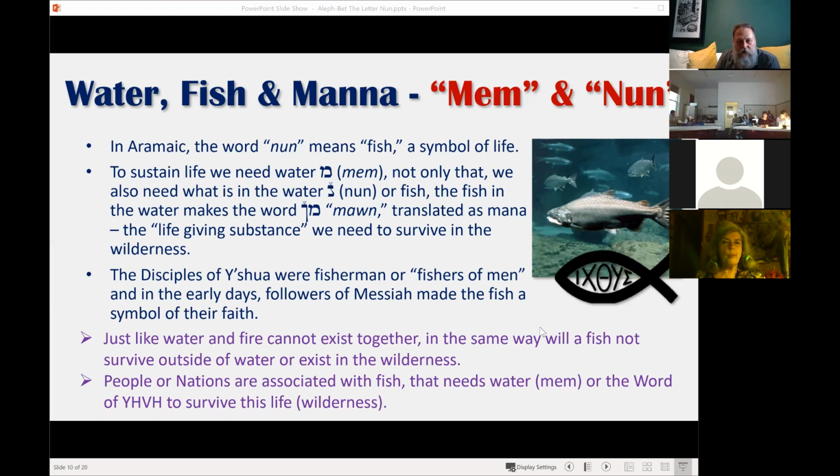And we're going to look a bit later at the word tanin, which has a double Nun and a Yod in there, which is the life essence added. So that is just a beautiful picture. Now, the early church had the symbol of the fish, which is basically derived from the disciples being fishers of men, and also probably the fruitfulness of the Nun and the fruit of the Spirit which they received.